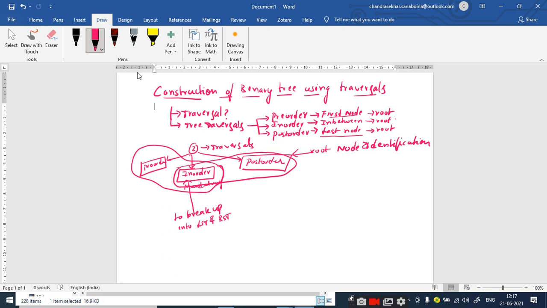Then we move to the in-order traversal and identify the position of the root node. Once you identify the position of the root node in the in-order traversal, all the elements towards its left-hand side are the nodes that belong to the left subtree, and all the elements towards its right-hand side constitute the nodes of the right subtree. Is it clear up to this point?